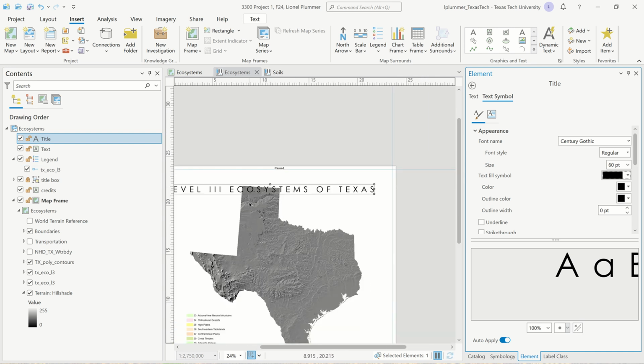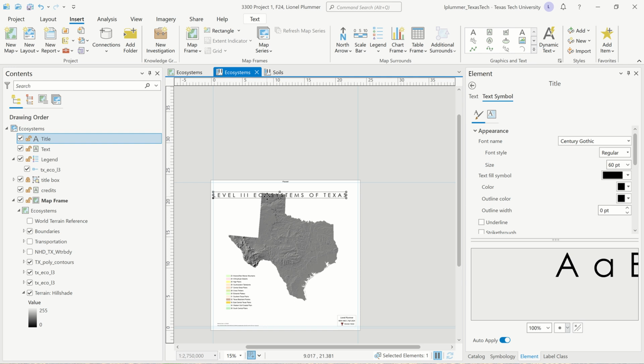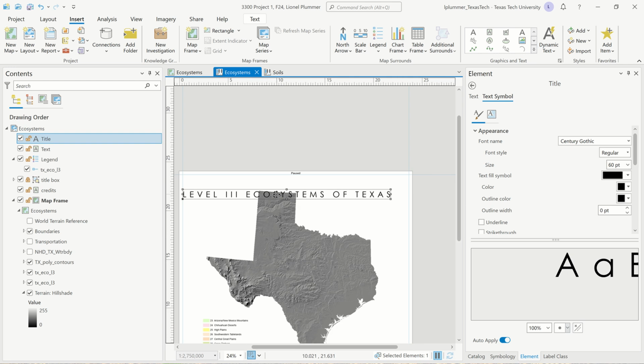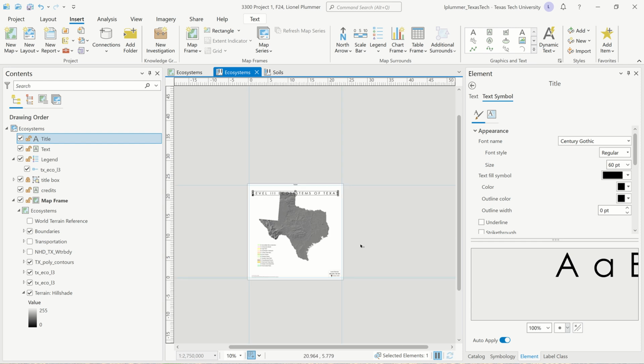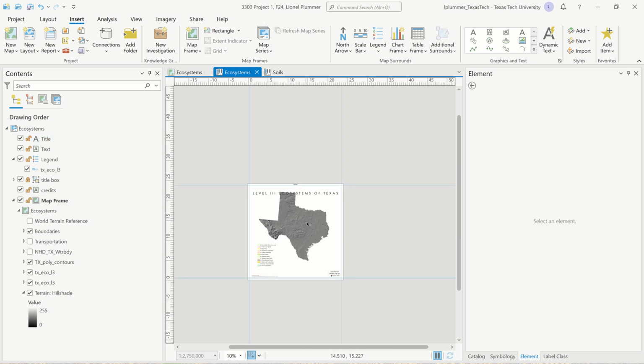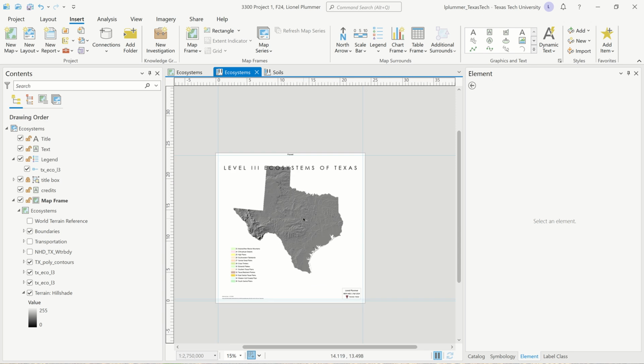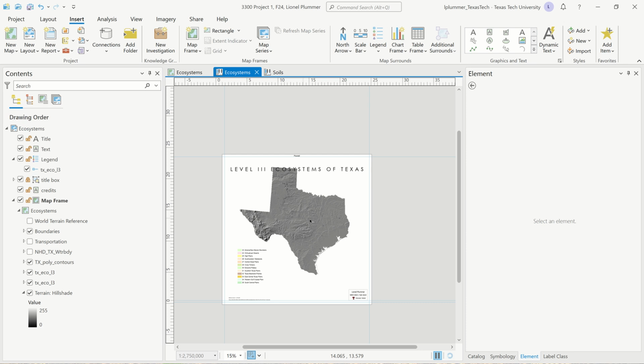Now, we don't want it all the way at the top there. Actually, where it's positioned now is pretty good. So just use your smart guide and have it aligned right in the middle. Now obviously we have to move the state of Texas down, which is fine. This is important, the way we do this. The only way this can work is if we